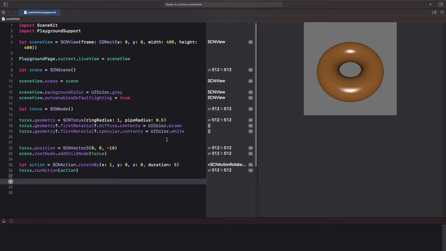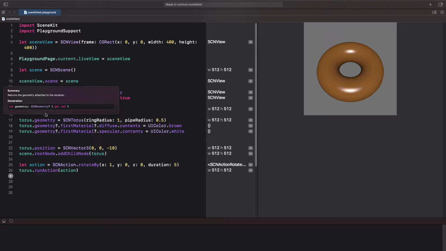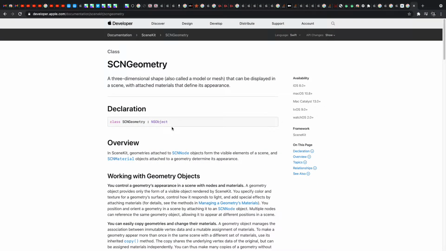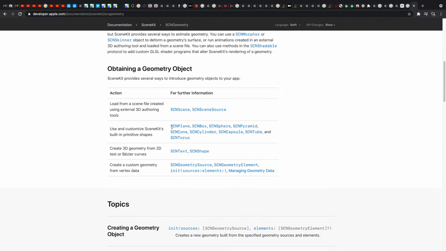In the previous video, we created our hello world donut example. It's technically called a torus, and we learned how we can have it animated. But if you look at the SCNTorus geometry, it's basically a subclass of SCNGeometry. So if we Google for SCNGeometry, in the Apple documentation we get a lot of default objects which are provided and conform to the